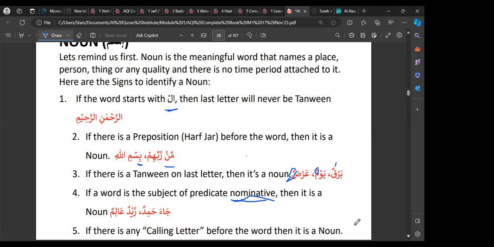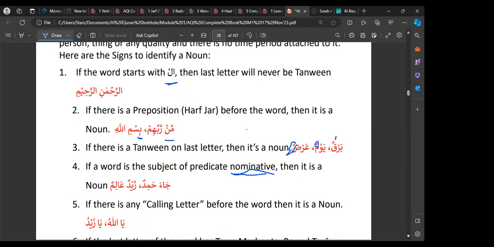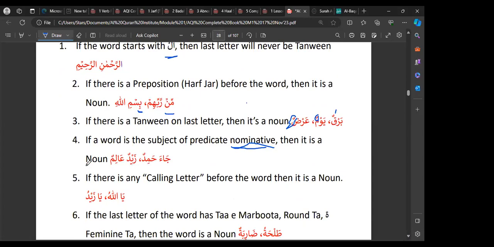Okay. So whenever you have the subject and it's in the marfu state, then you know it's a noun, even without knowing the meaning of the word. If there is a harf al-nida, a calling letter, that can be clear for 4. So with number 4,